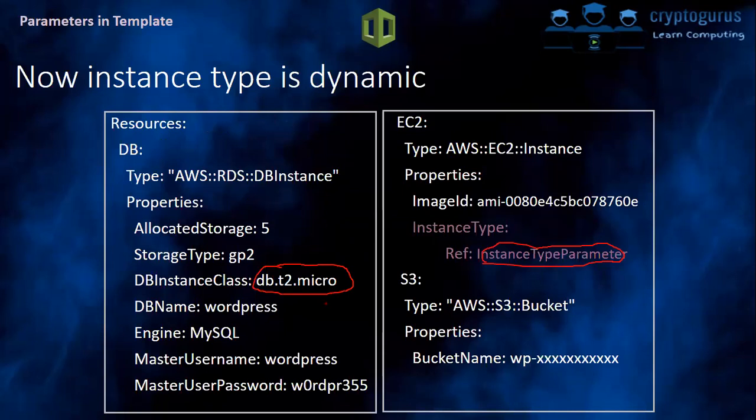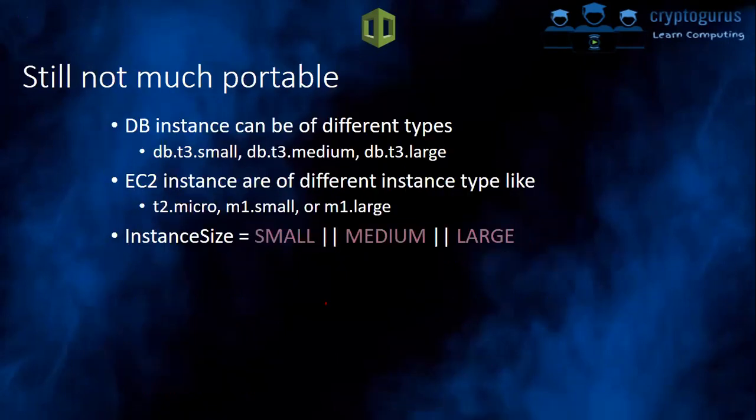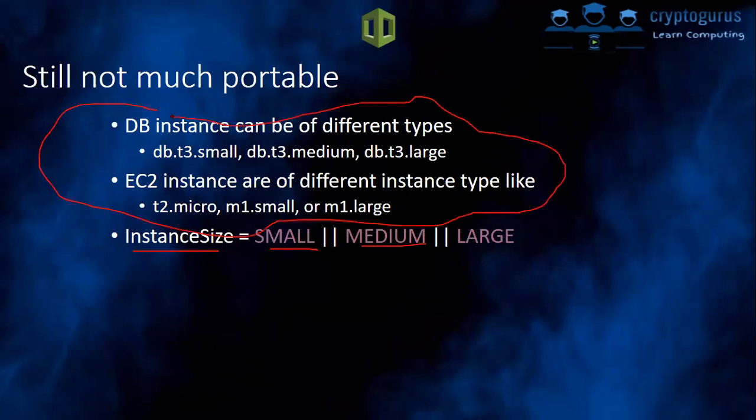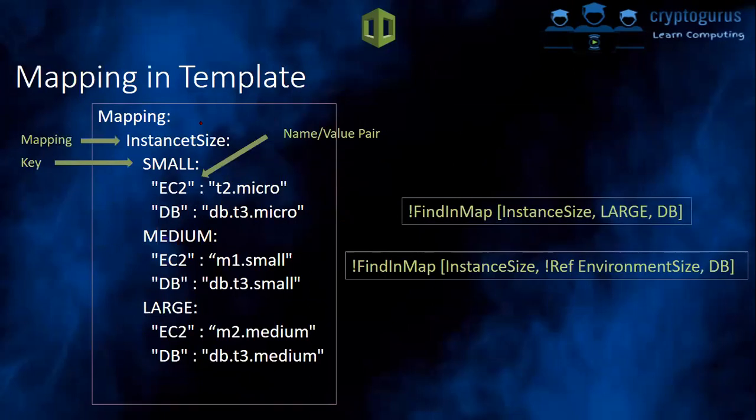Okay, so what I can do is either have a new parameter based on this, or I can specify what the instance could be, like the instance could be small, medium, or large. Okay, and here you can see that at multiple places I require such kind of selections. Okay, so that's why I'm converting all these requirements into a single requirement. Okay, and what I would be able to do is declare this